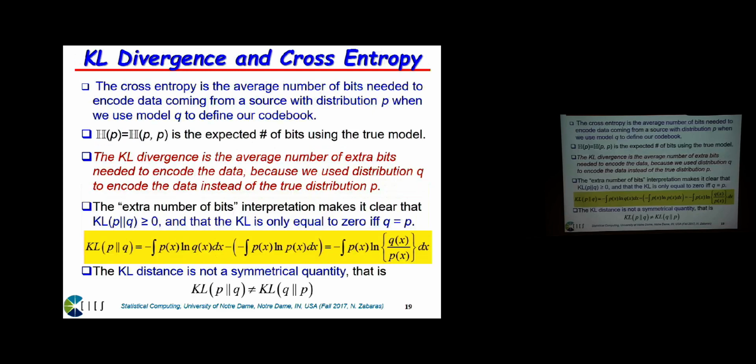Okay, so the KL distance, and I'm going to show you somewhere down the slides, it is greater or equal to 0. It's only equal to 0 when P equals Q. And importantly, it's not a symmetric distance. Well, you don't know any other distance that is not symmetric, do you? I mean, if the distance of one of you from me is different from my distance from you, that doesn't sound very reasonable, but the KL distance is not symmetric.